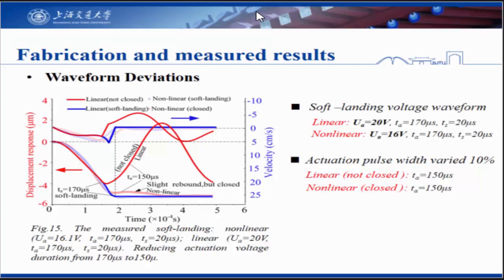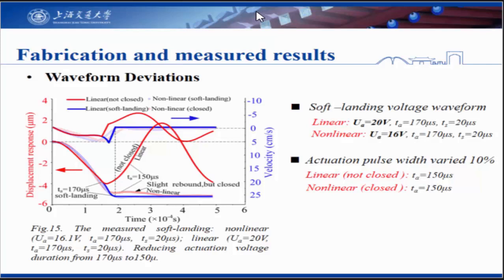The x-axis is response time, and the left and right y-axes are displacement and velocity, respectively. The blue line is the soft landing response curve. Attention: when the pulse duration is reduced to 150 microseconds,